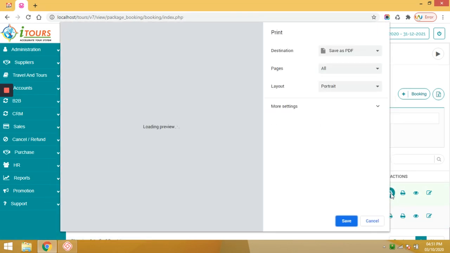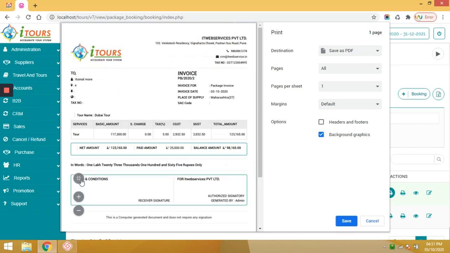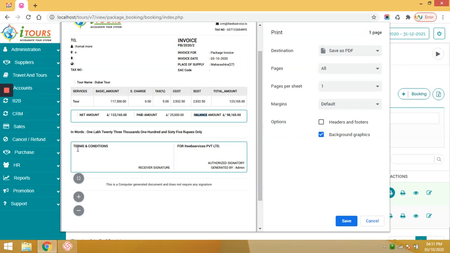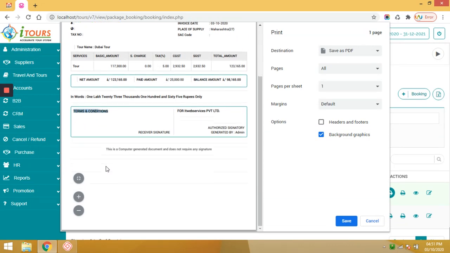Third, service vouchers. We need to select the vehicle details, the pickup point, drop-off point, driver details, the contact number of the driver, confirm by, special arrangement, inclusions and exclusions, and generate vouchers.